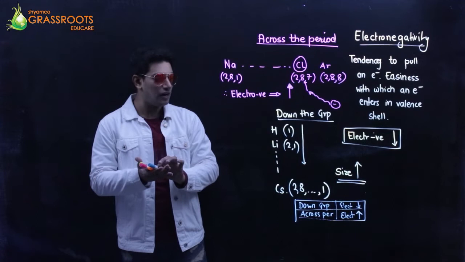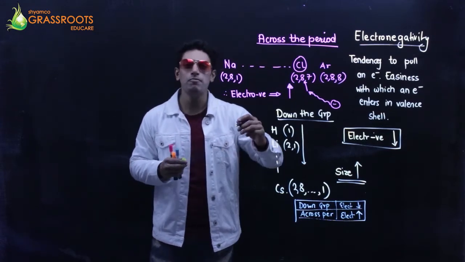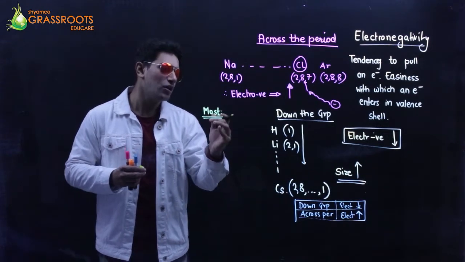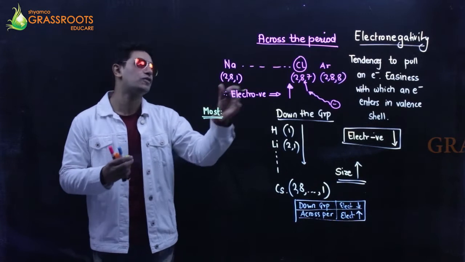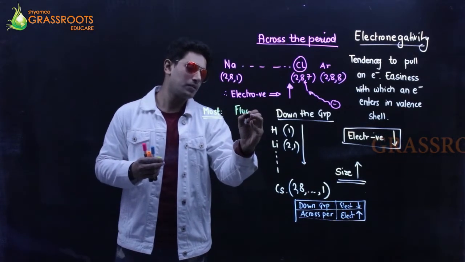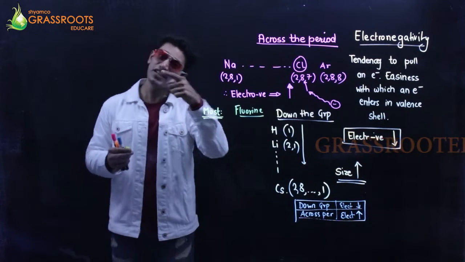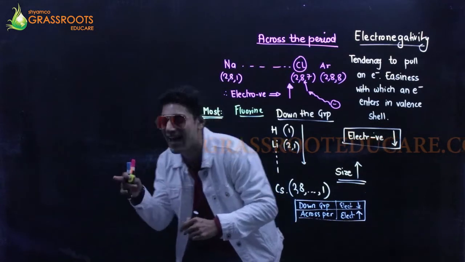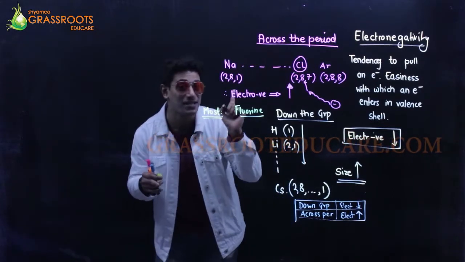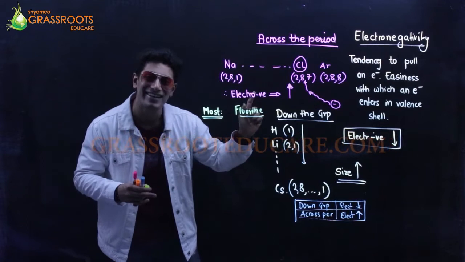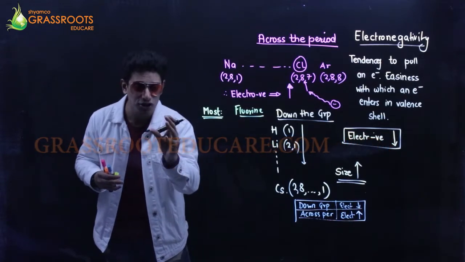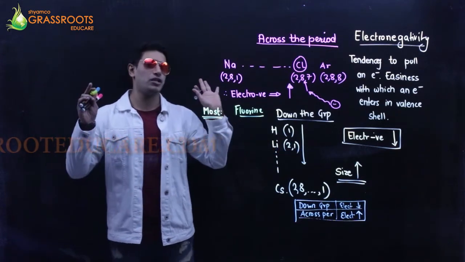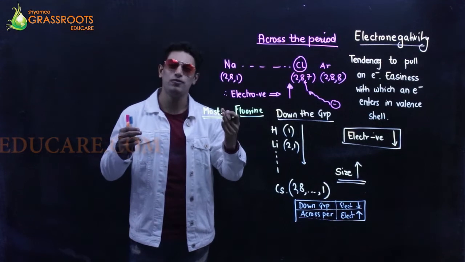Okay, after this, which is the most electronegative element? Most electronegative element is the one who has the most tendency of pulling. It is fluorine, undoubtedly. Look, the tendency of pulling is fluorine, but the electron will not enter into fluorine. It will take a U-turn and enter into chlorine, because of that exception, you remember I spoke a few minutes back, because of the high electron-electron repulsion and because of the small atomic radius. But the tendency of pulling is fixed. The most attractive is fluorine.